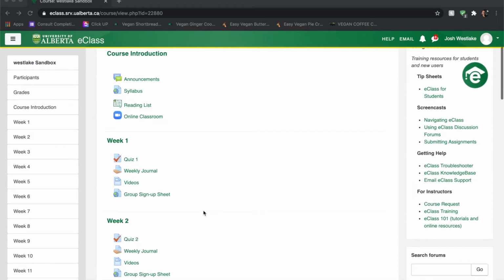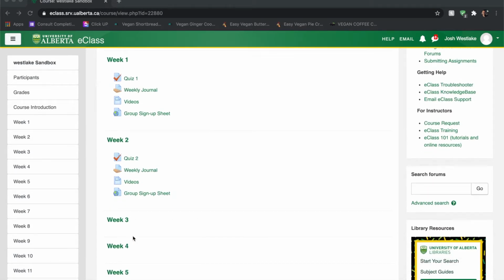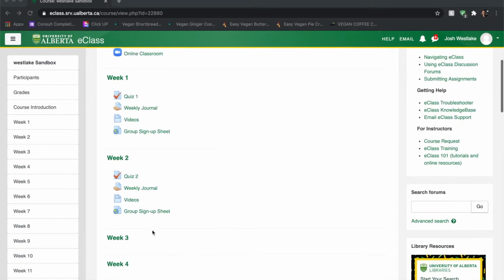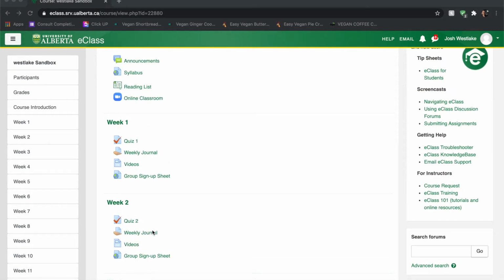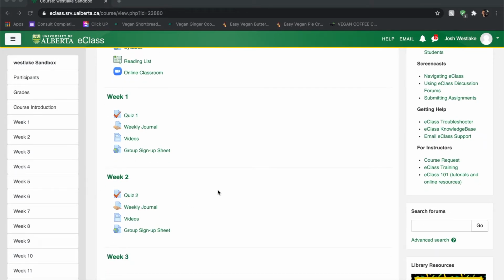And then you'll notice that I've gone down the list here of sections, and I've renamed them by week. So there's a few different schools of thought to how to lay this out. My advice would be, if you have a very consistent course schedule throughout the semester, so, in this example, every week the students are going to be completing a quiz, if that's the case, I like to split it up by week. So, basically, in this week one section here, these are all the things that the students are going to have to complete during that week. And that way they know exactly what to expect going into the week, and then they can just go down the list and check off everything they need to do.